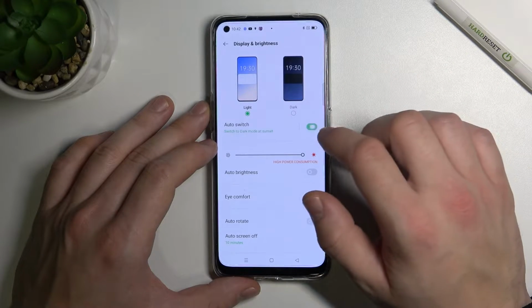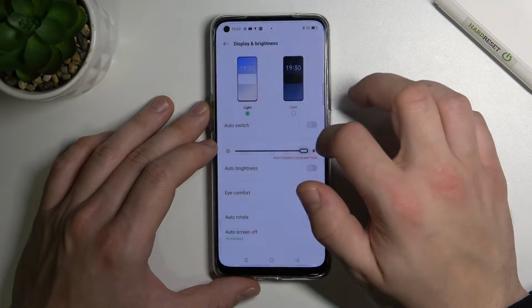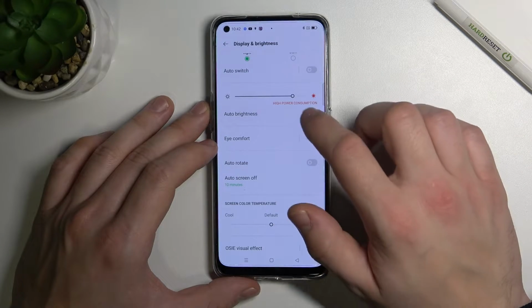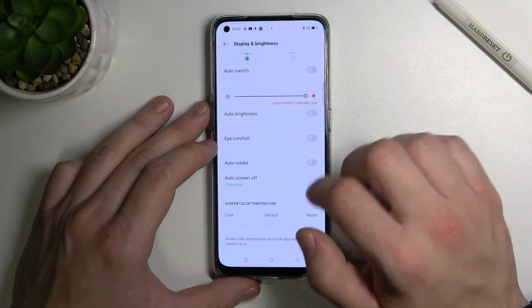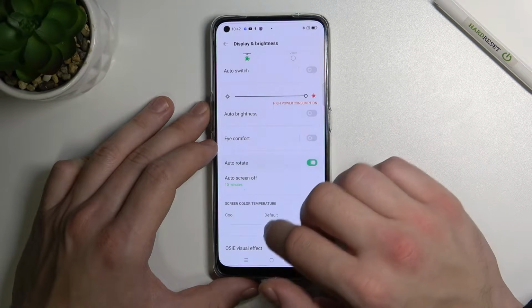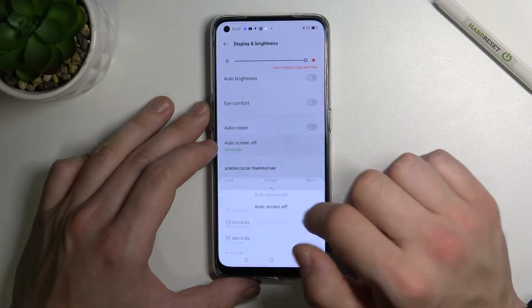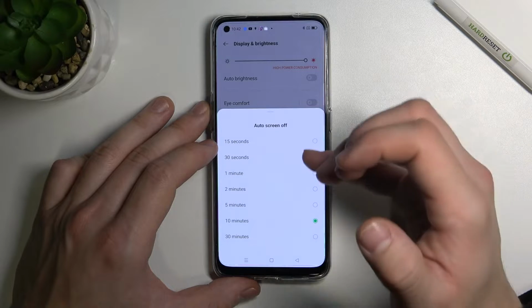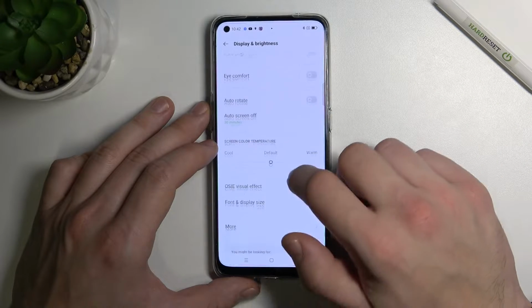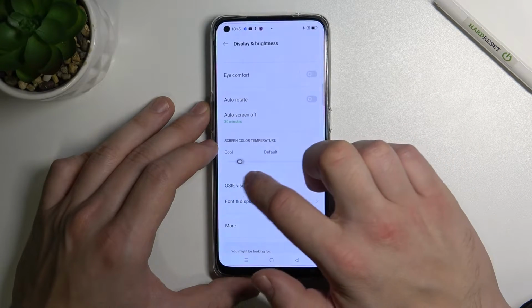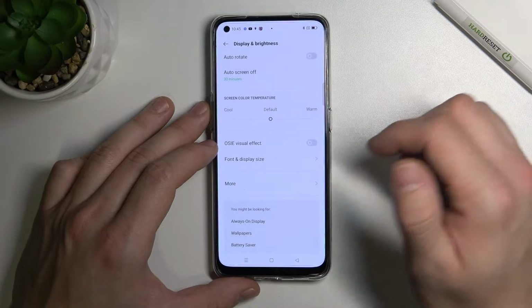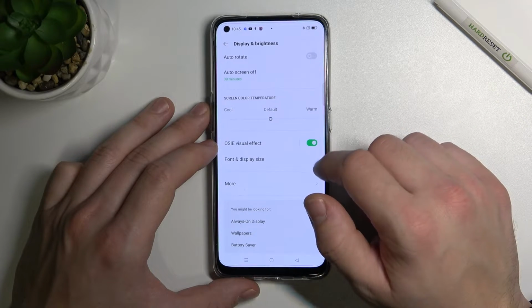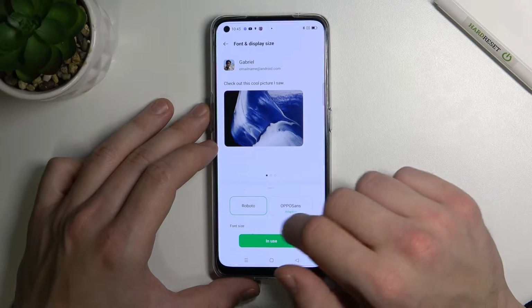Or set auto switch. Then you can change brightness level or enable or disable auto brightness, eye comfort and auto rotate screen. Then you can change auto screen off between 15 seconds and 30 minutes. You can change color temperature, enable or disable OSIE visual effect, change font and display size,